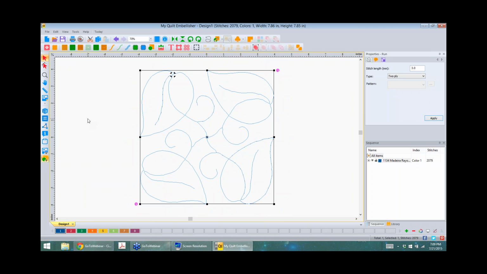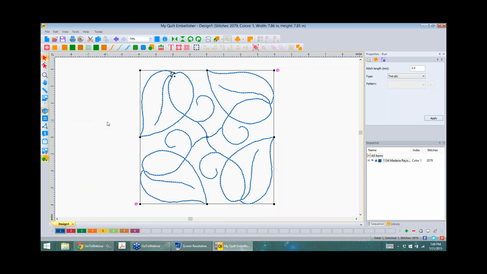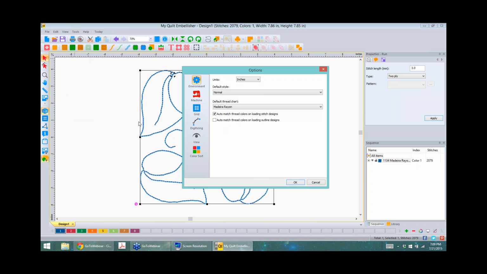Now, it may look like it didn't change anything, but if we look at it in 3D, I have my parameters set to where it shows me depth when I'm in 3 dimensions. It shows me the depth of thread. And where you do that is up here in your tools box. Go to general options, and when you select view, you want to click here and have this checked, increase double and bean run thickness